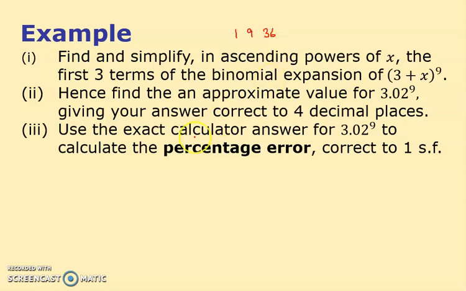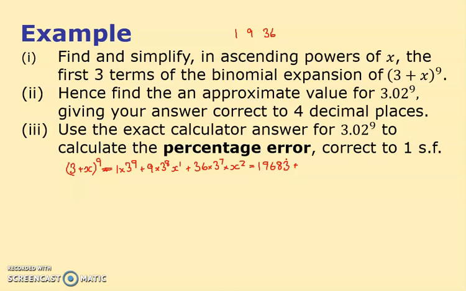Now again, I've got the Pascal's triangle written out in front of me. So if I'm doing 3 plus x to the 9, I'm doing 1 times 3 to the 9 plus 9 times 3 to the 8 times x plus 36 times 3 to the 7 times x squared. And that equals 3 to the power of 9 equals 19683